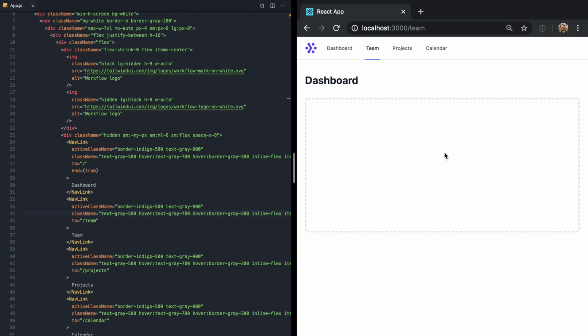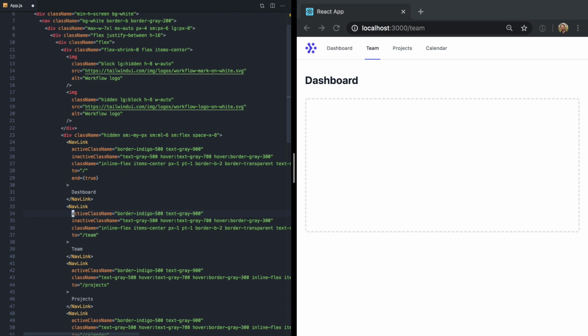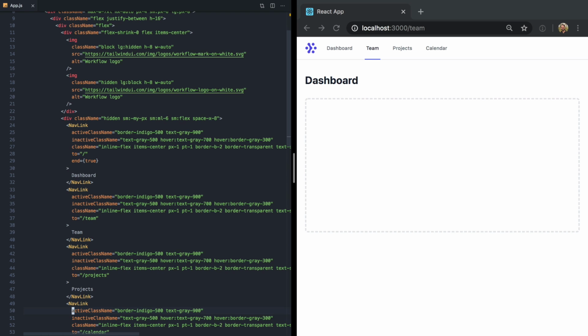We want to be able to say these classes, apply them when we're active, and really we want to apply these classes only when we're inactive. So ideally we'd be able to grab these, have an inactive class name prop that looks something like that. And then these classes right here would be truly the base styles that apply in every situation. So let's go ahead and copy these and put it on all of our nav links here. And when we save this,